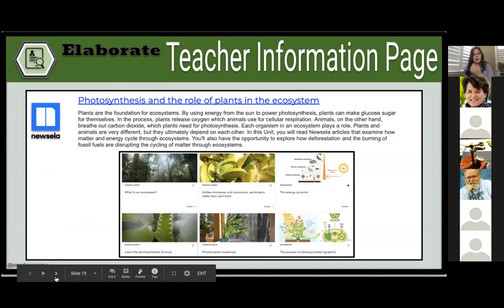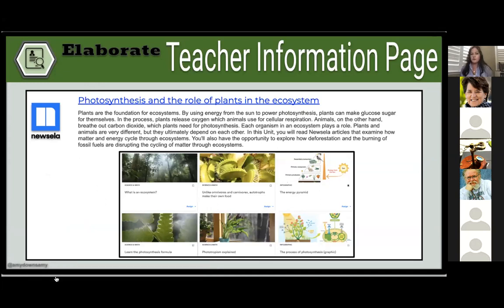Okay, so next, this is an entire library of articles from Newsela, and Newsela is a platform that takes articles and levels them in grade level reading abilities. It's free, but they also have paid subscriptions. At my school, we actually subscribe to Newsela, so we get all the features that it has available. But I went ahead and put the link on there in case you're looking for current, relevant,